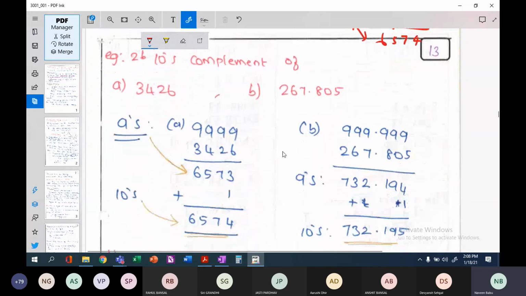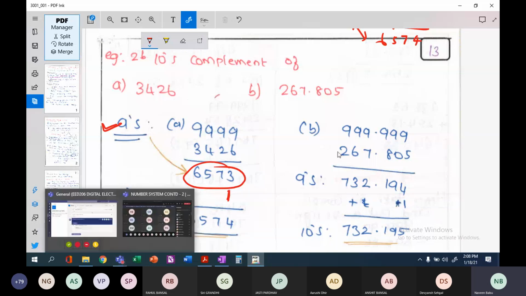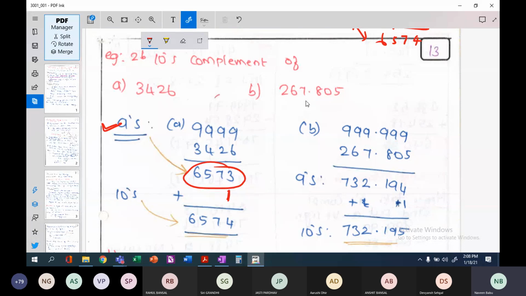So two examples here. What is the tens complement of 3426? You subtract from 9999, you get 6573. So this will be your 9's complement, and add 1 to it. Add 1 to it, you get 6574, and this will be your tens complement number. Okay. So similarly, another example here,